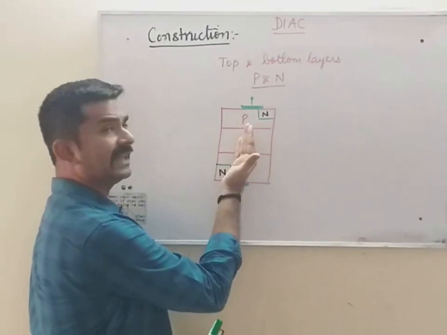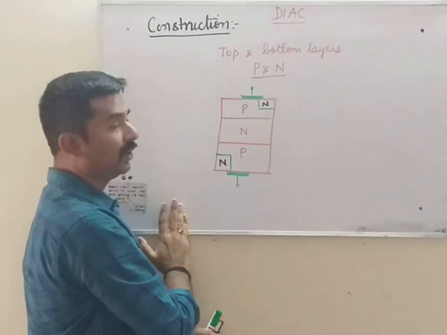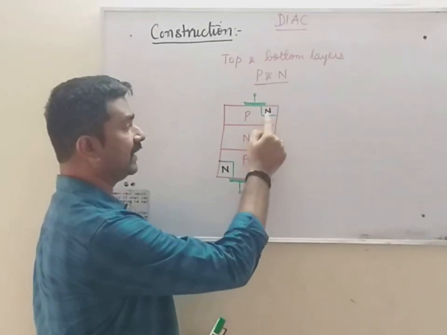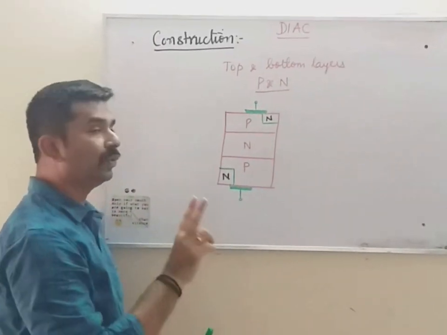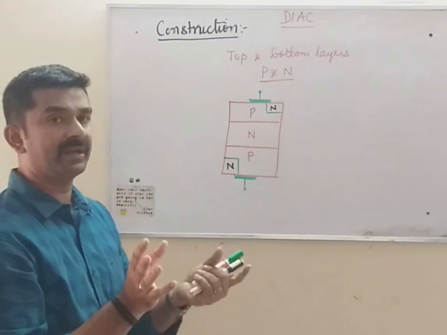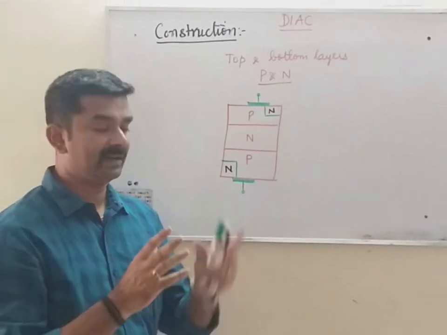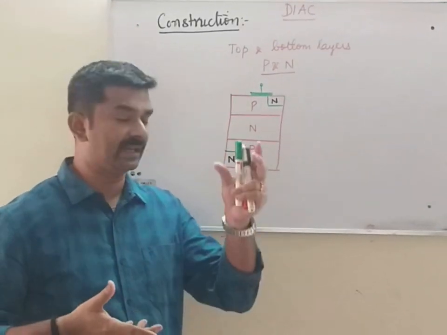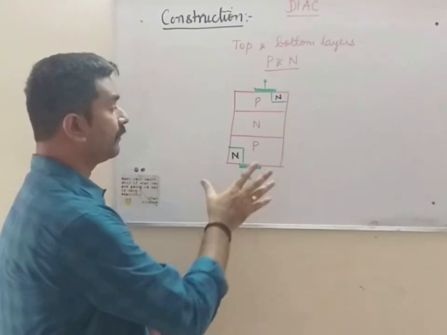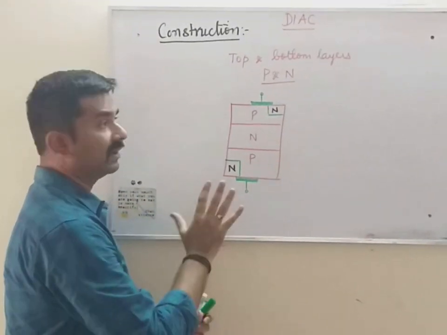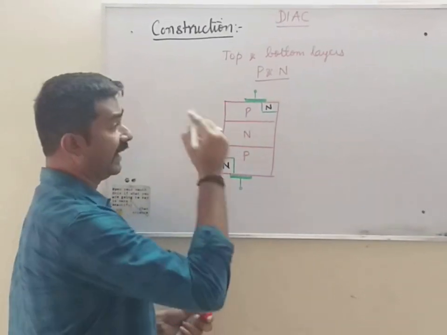When you see the left stack, you have a PNPN device. When you see the right-hand side of your stack, you have an NPNP device. So, you do have a parallel arrangement of two PNPN devices. One is a PNPN device, the other is an inverted stack of the PNPN device, which is an NPNP device. By this construction, you can get the equivalent circuit of the DIAC.